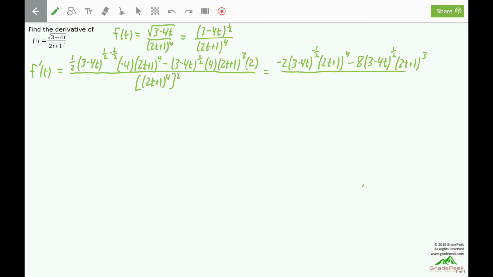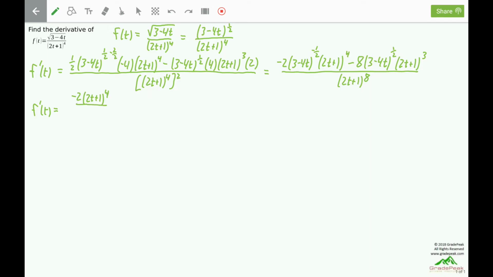All this is divided by 2t plus 1 to the fourth, and then to the 2. In this case, you multiply the exponents. 4 times 2 gives us an 8. So f prime of t equals, now this first term has a negative exponent, and that can move to the denominator. The -2 and the 2t plus 1 to the fourth power will stay in the numerator,